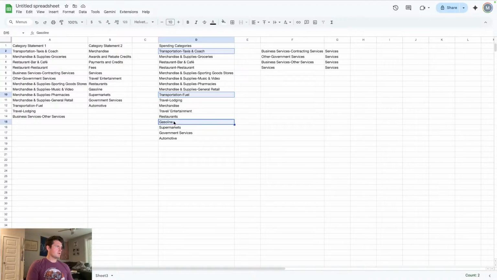Okay, gasoline. So I like doing transportation as a one, and then travel, entertainment. Let me make sure I don't want travel and entertainment in here. So travel, entertainment. So travel and entertainment on this is actually my